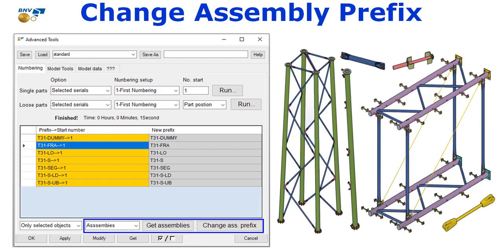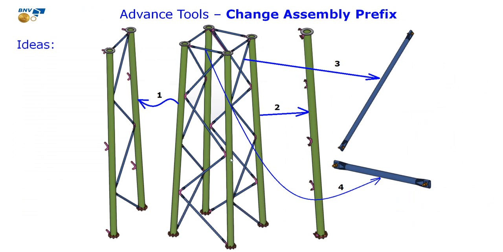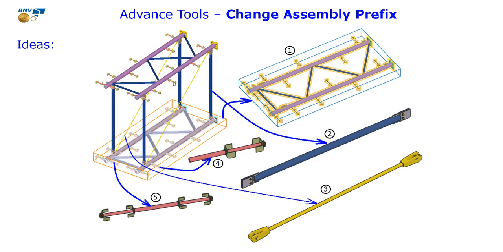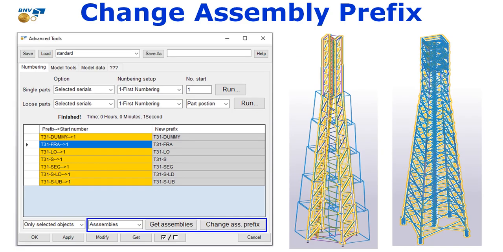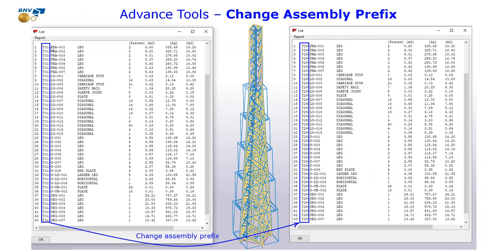Today I introduce to you the way to change our assembly prefix and keep our assembly position number. We have a sub-assembly, including some sub-assemblies and loopback. For the sub-assembly with multi-sub-assembly, we make one tool to get our assembly from the model, including sub and normal assembly. The tool will change our assembly prefix from tower 31 to 29 and keep all the assembly position numbers for both sub-assembly and normal assembly.